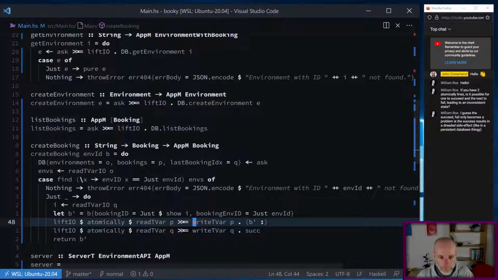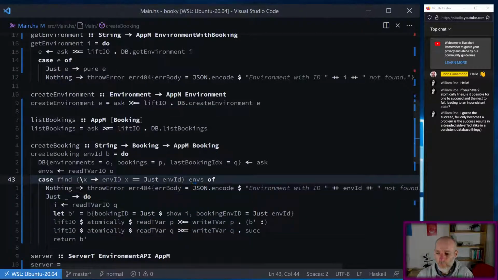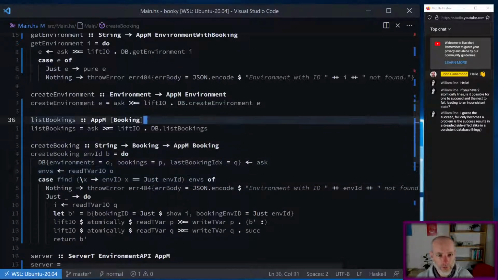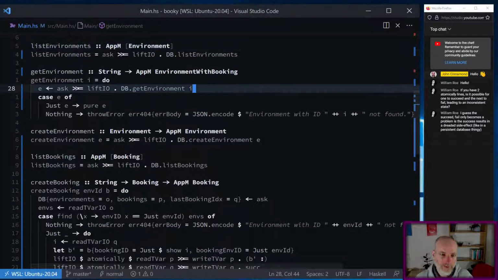So all of this happens under the atomically. But I'm going to do it next week because we're running out of time now. Yeah, but then hopefully I'll end up with handlers which are just dealing with getting stuff out from the reader, calling a function, and then returning that in a way that makes sense to